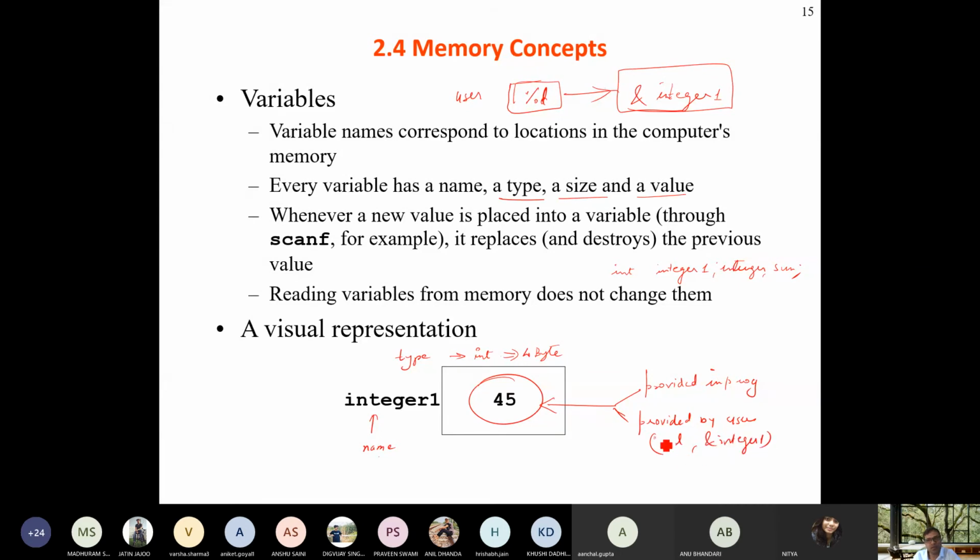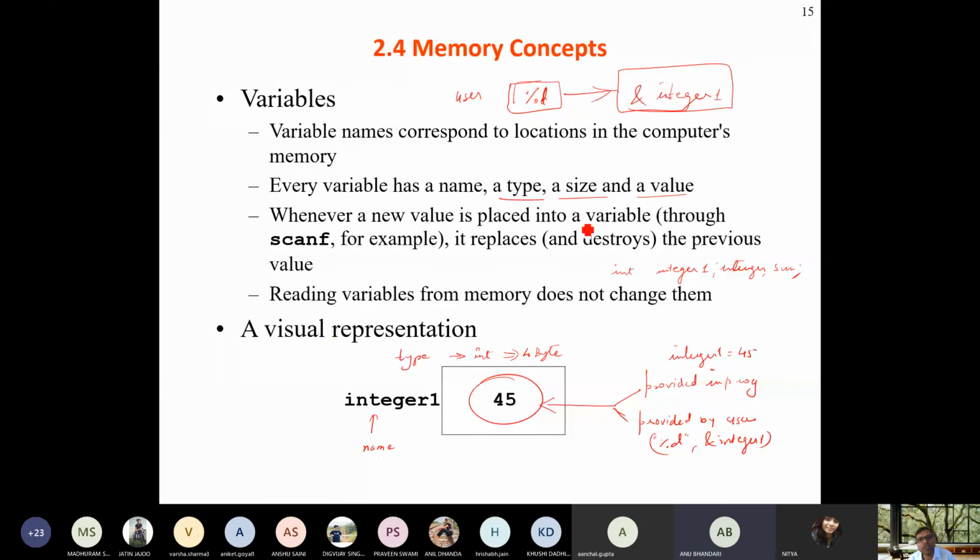Clear? Yes or no? And provided by the program means integer 1 equals 45. Got it or not? Yes, sir. Clear?